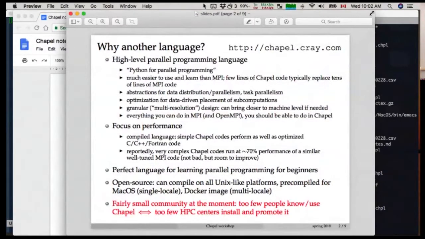So why Chpl? Why did we decide to teach Chpl in this session? Well, Chpl is a parallel programming language that was designed at Cray. It's an open source language, so it's not limited by any means to Cray computers only. It can actually run on any Unix-like platform. You can run it on your laptop, you can run it on a big memory server, you can run it